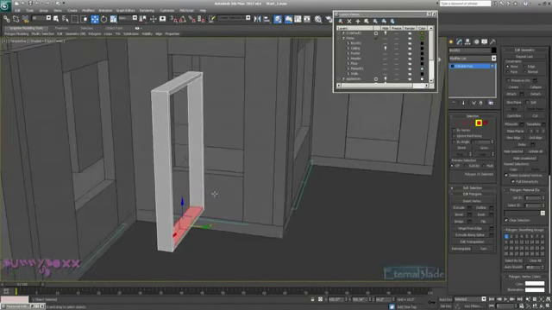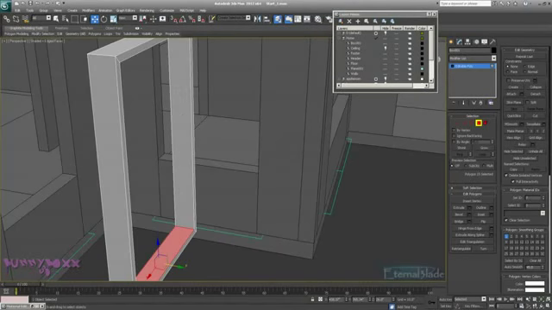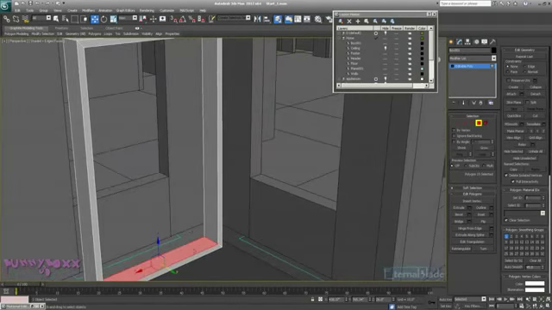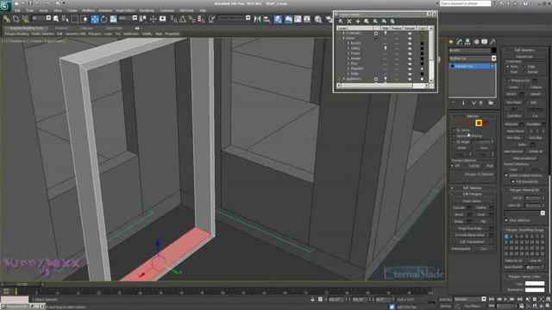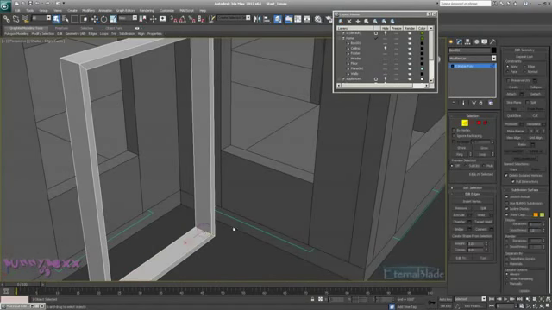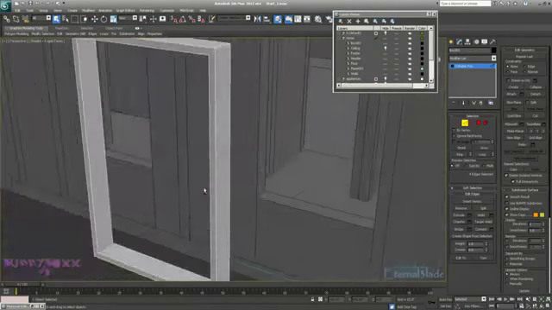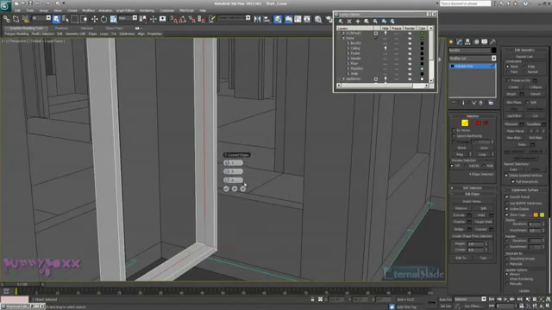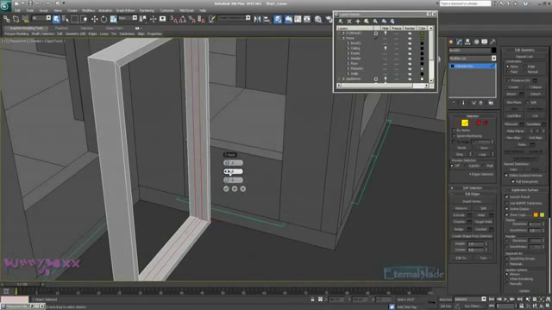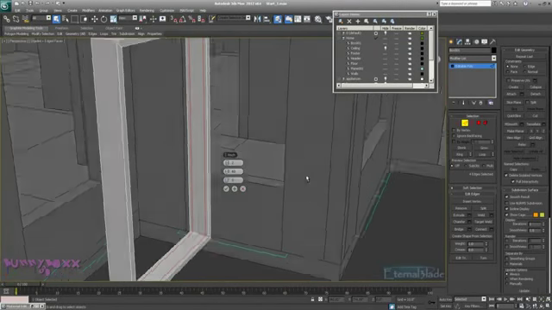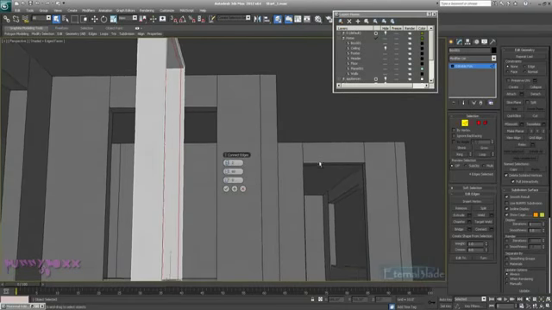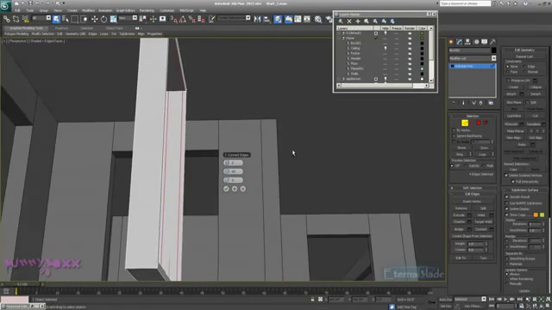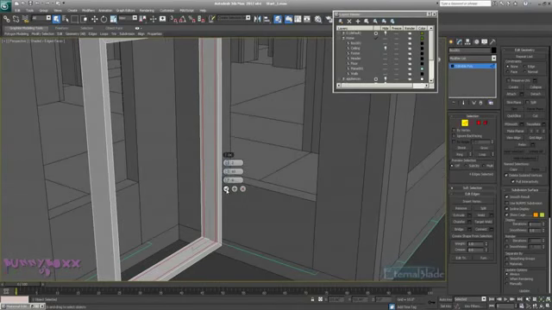So now what we need to do is inset to place our 2 windows, one down here and one up here. So I think the best way to do that would be to select this edge here, let's do a ring, and let's do connect. We'll do 2, and let's do a pinch of, let's see, 60,